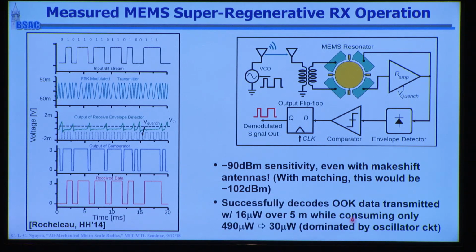And the power consumption, with decoding OOK data, with 16 microwatts transmitted power here over 5 meters, was 490 microwatts initially, but when we started correcting for the capacitance in the oscillator, this is now down to 30 microwatts. And so that's the continuous received power that this has, basically doing OOK. FSK is maybe double, probably not even double the power, a little more power for FSK, but you know FSK is what's being used in Bluetooth